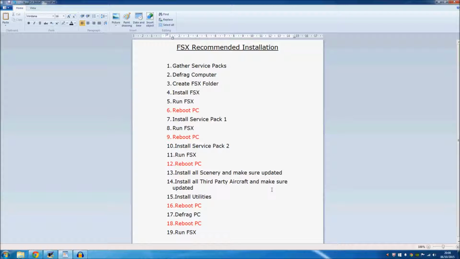You don't want anything that's out of date because it might cause issues. And then you can install your utilities. Now, if you really want to and you're really OCD, you can install all your scenery, reboot the PC, let it have a breath of fresh air, especially if you've got loads to do. So especially if you're doing quite a lot, it's probably best to do 4 or 5 big chunks, especially if it's Orbex, etc. Give it a bit of a breather, reboot the PC, let it reset itself, install some more,